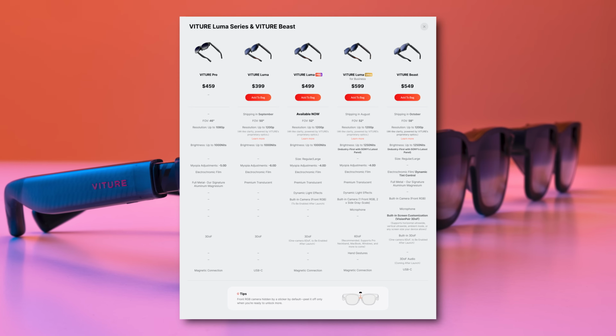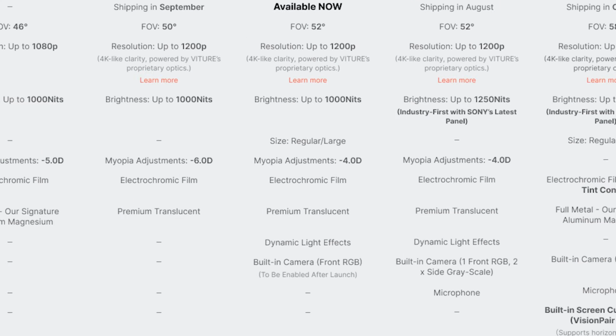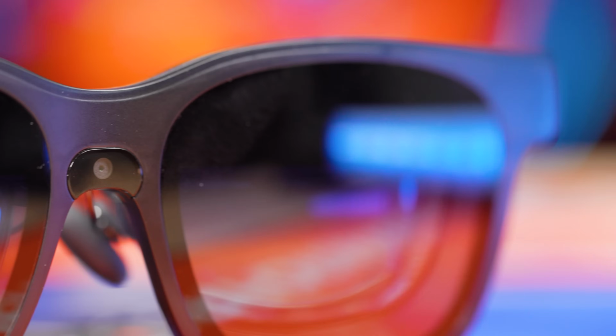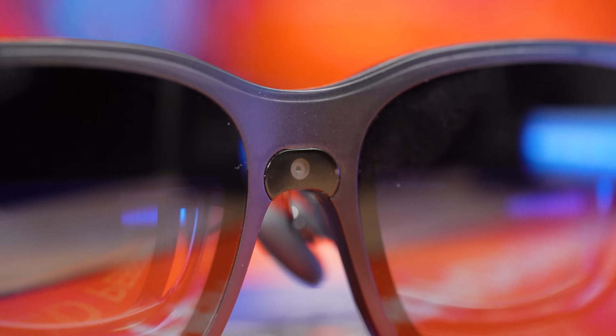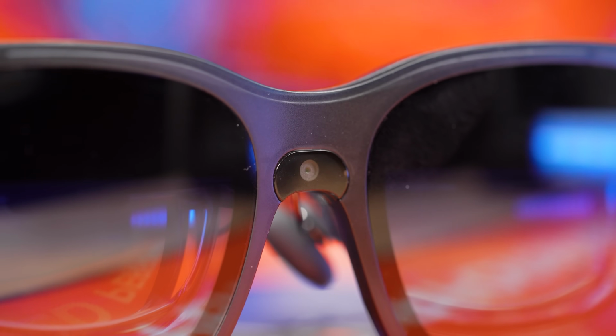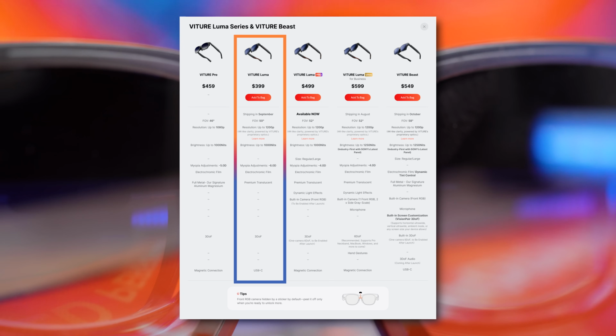So they're starting with the Luma Pro, what we have here, which is gonna launch at $499. It does have a front RGB camera for spatial awareness and spatial capturing. However, they will include a sticker on it at launch in case you don't wanna actually use that or have that camera active. But then available in September, they're gonna be launching the VITURE Luma, the non-Pro edition, which is gonna lack the built-in camera and just have a USB-C connection instead of the magnetic connection that we have here on the Pro,